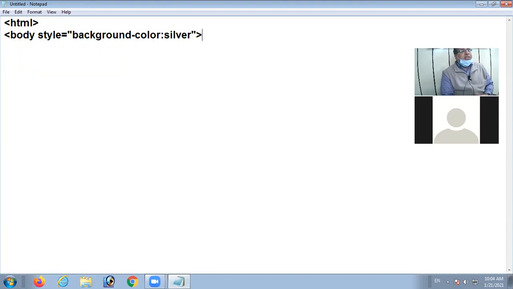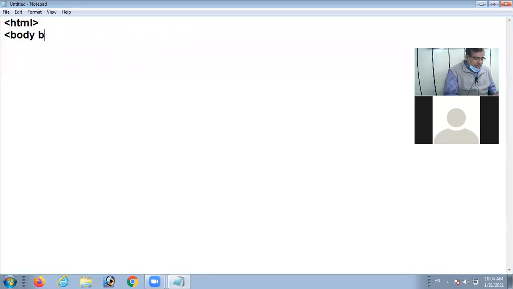When we were doing HTML, what I used to write? Straight away, bgcolor equal to silver. But now, since I am using inline CSS, inline CSS means the style attribute will be placed under the opening tag.